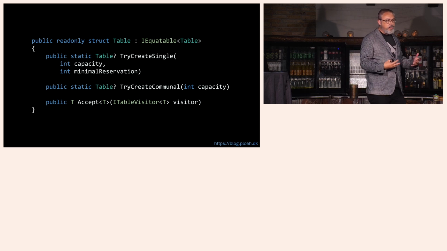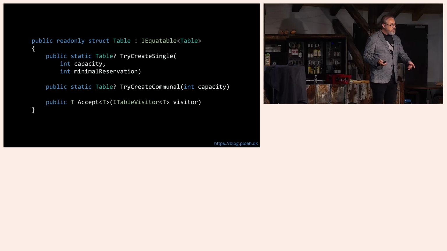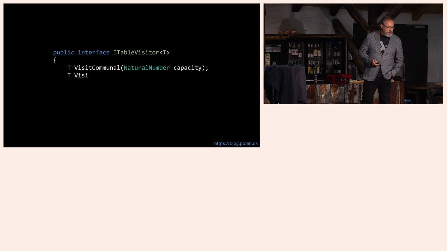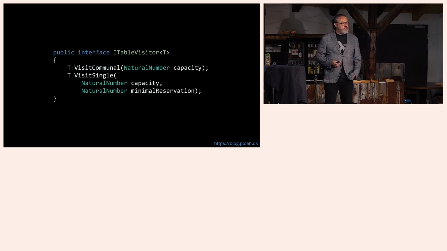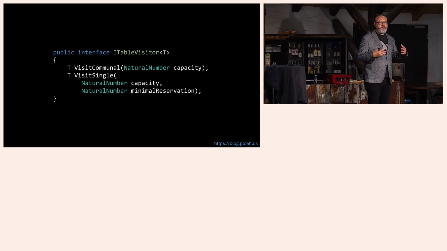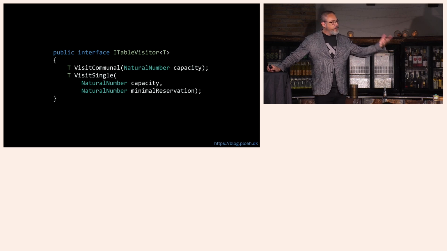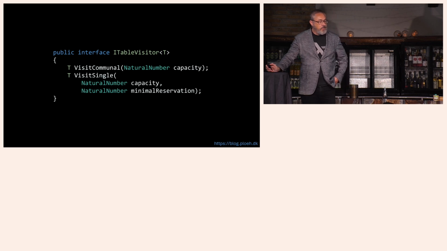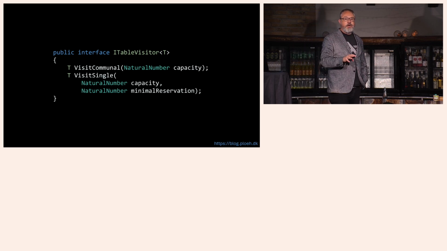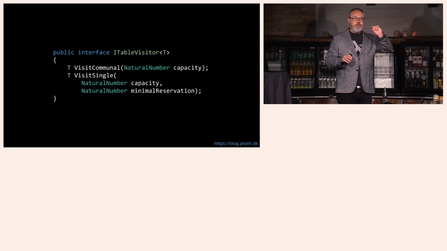Where are they? Well, in order to get at those values, you need to implement one of those visitor things. And then when you implement that visitor interface, you need to deal with both cases. That takes a little bit of getting used to, but it's actually a very effective and a very type-safe way of modeling that kind of requirement. So that's not really the main point of the talk here, so I'm just going to skip over that, and you can always find a lot of literature, including my own blog, if you're more interested in this kind of discussion. But the point here is basically just that the domain model is radically different from the data transfer model